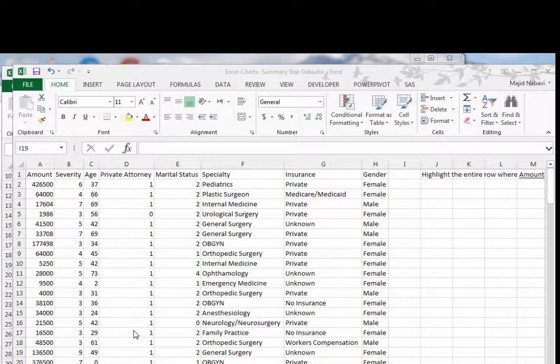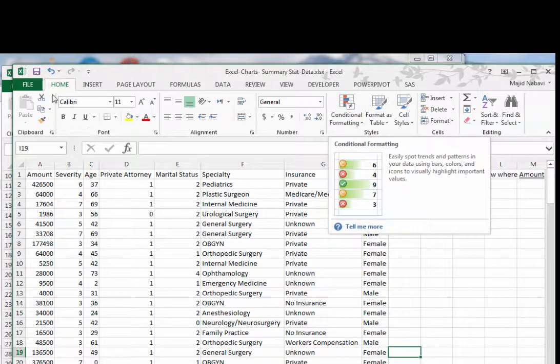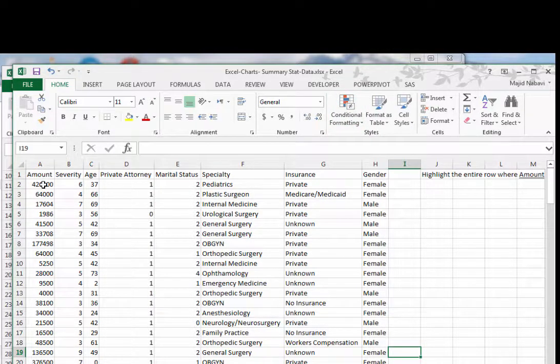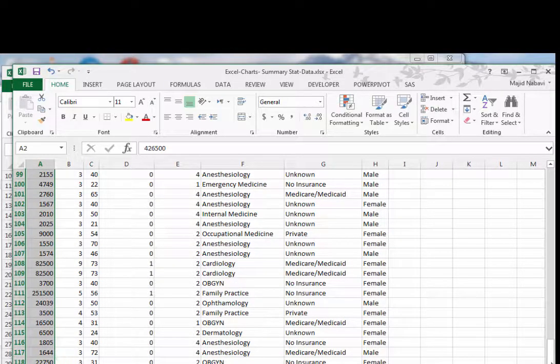Sometimes in data analysis we need to highlight the values that meet some criteria. For example, here I'm using medical malpractice data from JMP, and I'm going to highlight the values paid, which are more than 300,000. I'm going to use the conditional formatting tool under the Home tab. First I select all numbers,